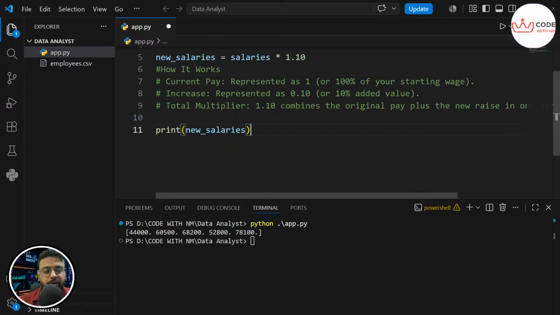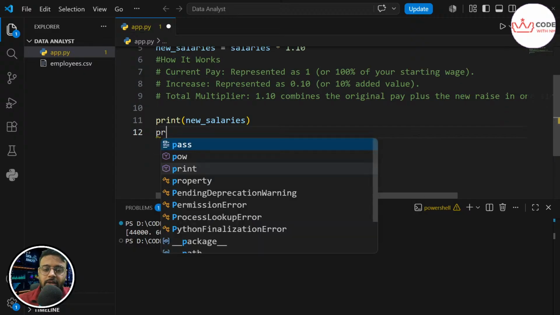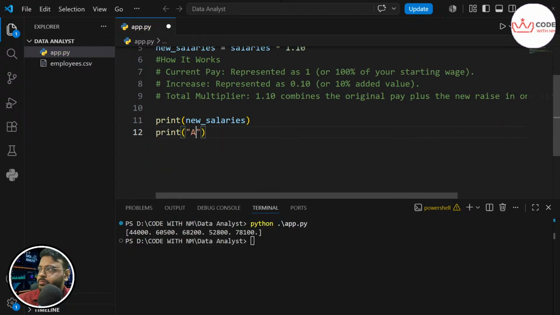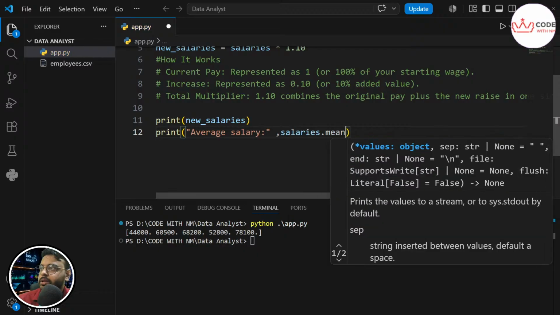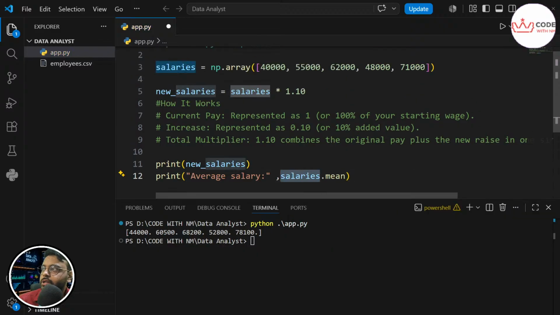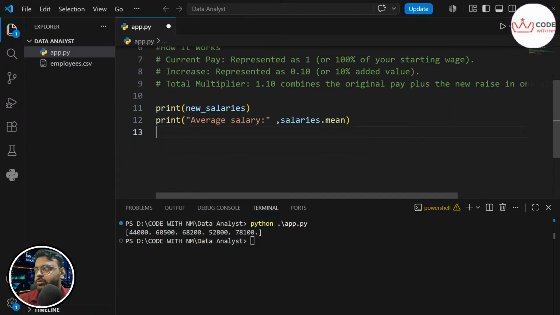Let's go furthermore, and let's see whose salary is average, who has the highest salary here, and who has the lowest salary. So it's nothing but print avg. Okay, if you want, I can type the complete thing, salary, and let's call salaries dot mean. And remember, I'm doing it not on the new salary, I'm doing it on their original salary, meaning without the 10% hike. You can do it with the new salary also. That is the homework for you.